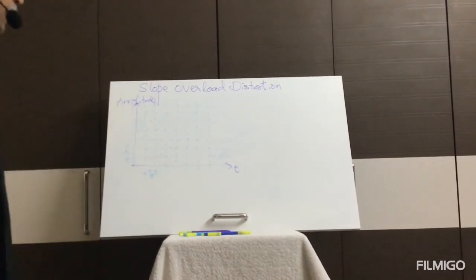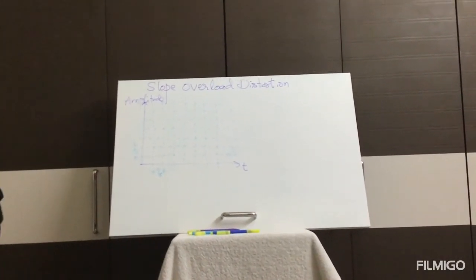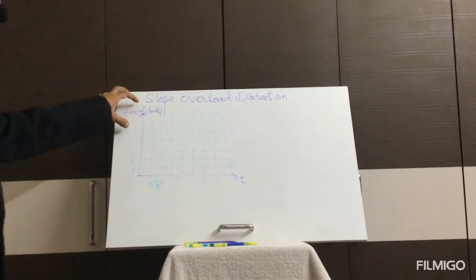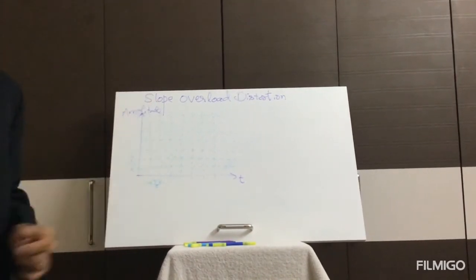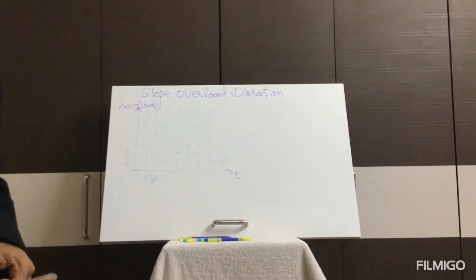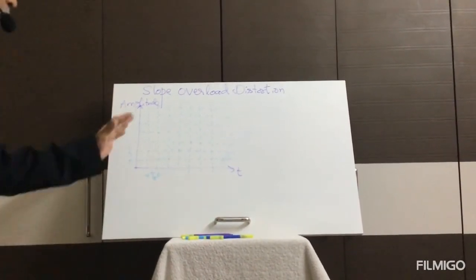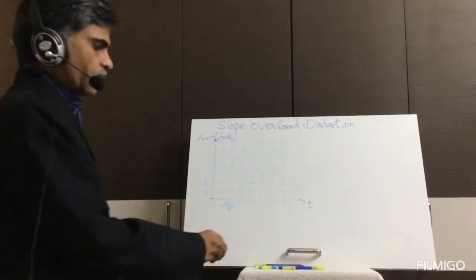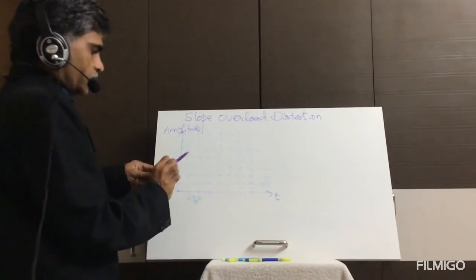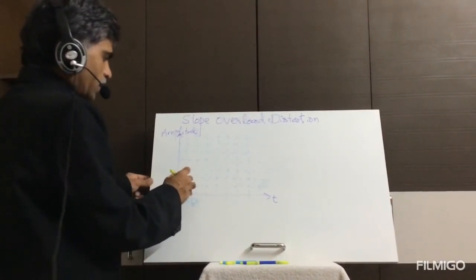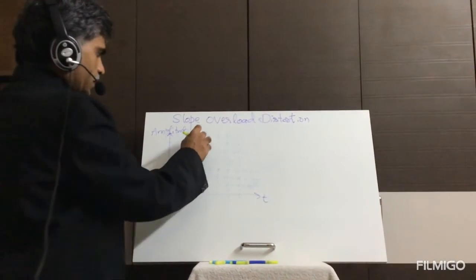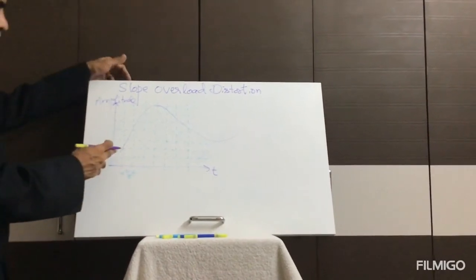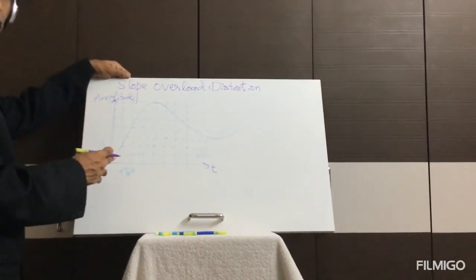And in what case does this distortion occur? Whenever the instantaneous amplitude of the signal is rising steeply, or in other words, the amplitude of the input signal or continuous signal is rising steeply compared to the step size, then we come across this slope overload distortion. So that's why I take a steep rise in the amplitude of the continuous signal like this. And then according to these step sizes, we will get the staircase approximated signal first.